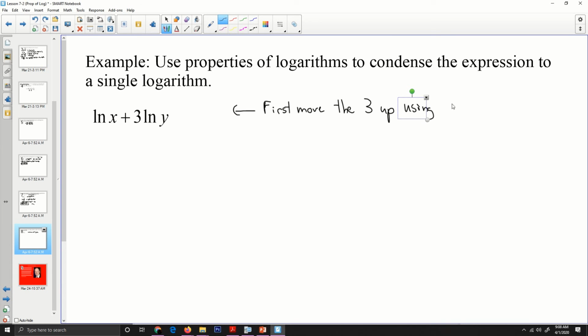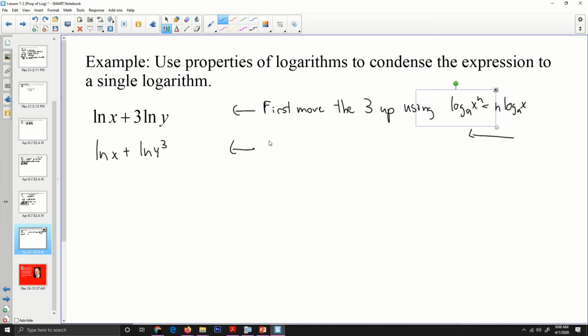using log a x to the n equals n log base a of x. So since this is a property, it has to go left and right. So I have a value that is a constant multiple right now, and I'm going to do this in reverse and move that exponent up. So my first step is going to be the ln of x plus the ln of y to the third,